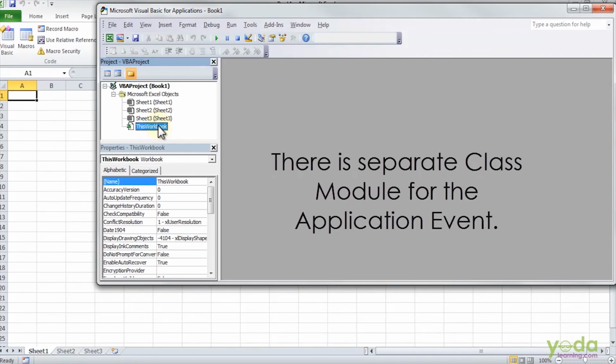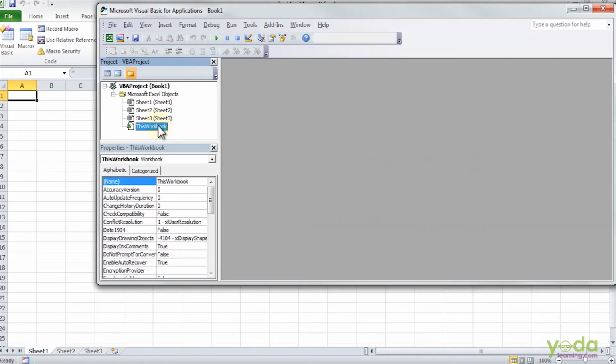Why would you want to do this? The worksheet object has a Change event that fires whenever a cell on that worksheet is changed. The workbook object has a SheetChange event that fires whenever a cell on any sheet in that workbook is changed. Application events go one step further. For instance, the application object has a SheetChange event that fires whenever a cell on any sheet in any workbook is changed, application wide. There are other useful events for the application object that can't be found anywhere else. Let's get started setting one up.